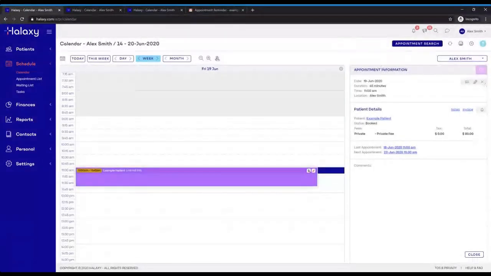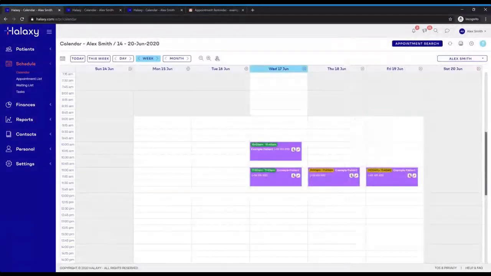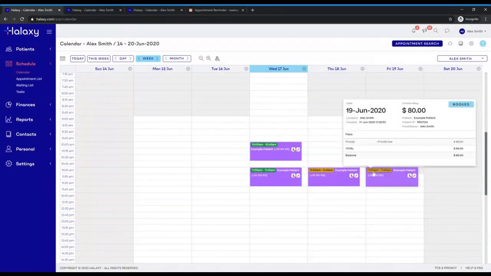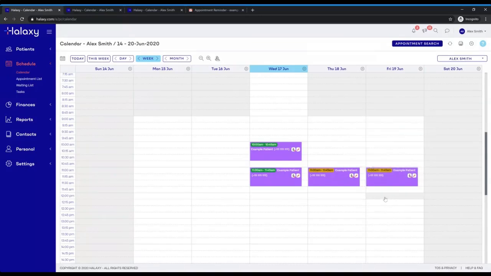But what we're looking for is essentially a green color to appear, because that means that the appointment is confirmed. So when a patient sends a positive response, you'll see this color changes to green. And sorry, I'll clarify what I said before, because when I sent the SMS, I think I'd cancelled it, so